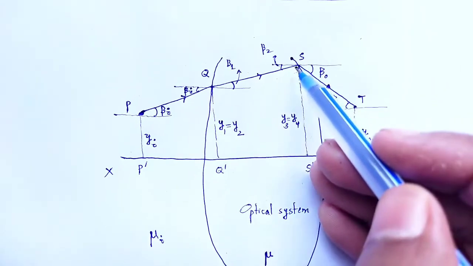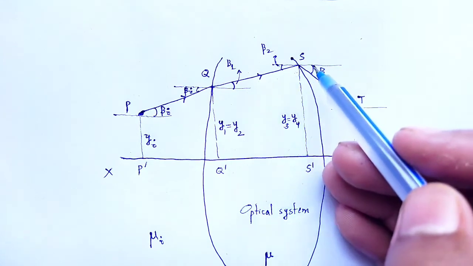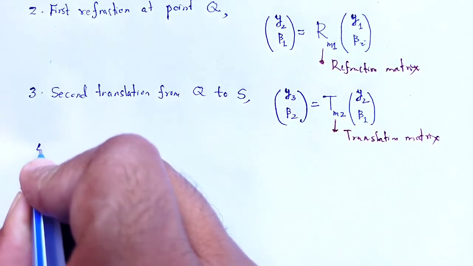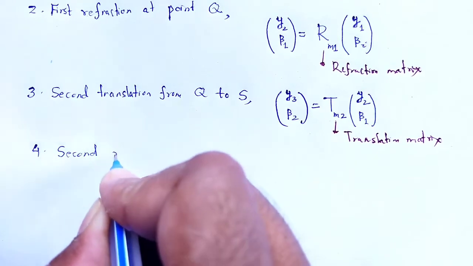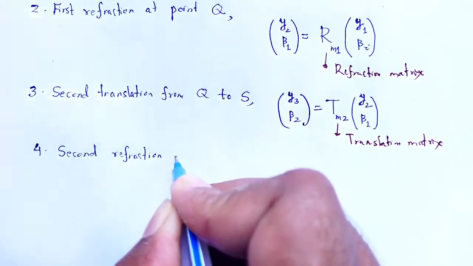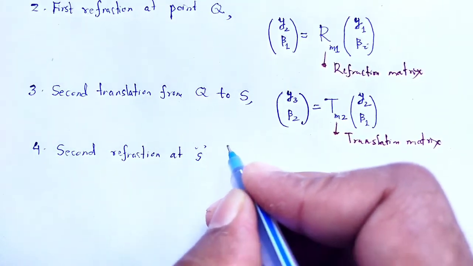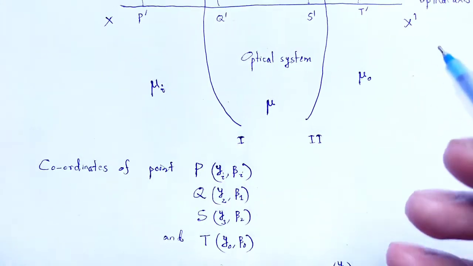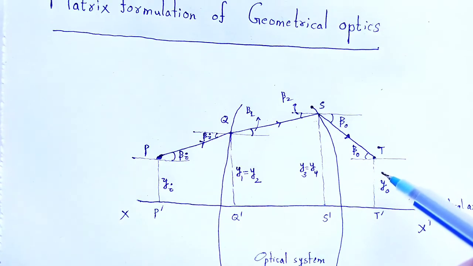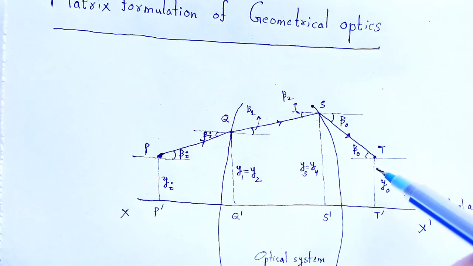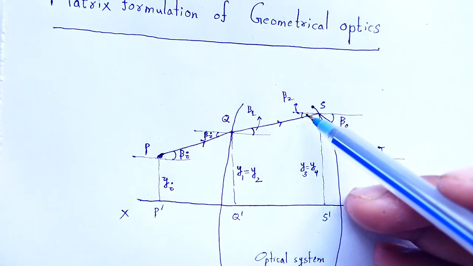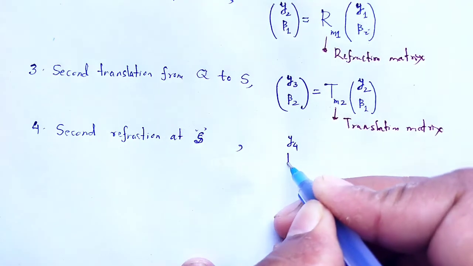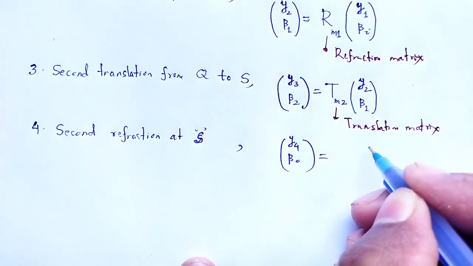Again at surface S refraction takes place, that is the second refraction at surface S. So here, second refraction at S, in matrix form we represent it: y4 beta 0. So y4 beta 0 is equal to a matrix